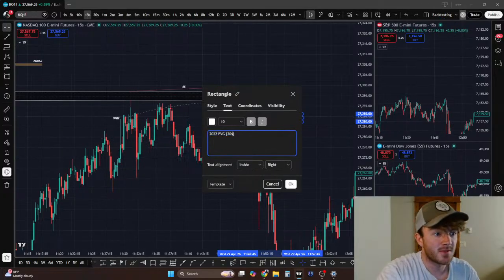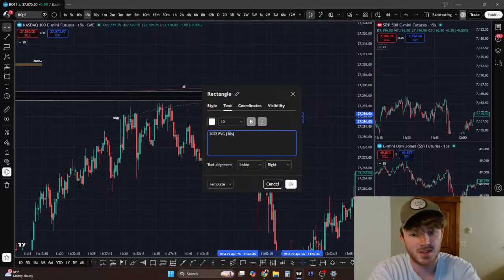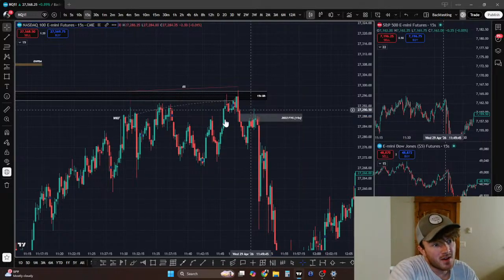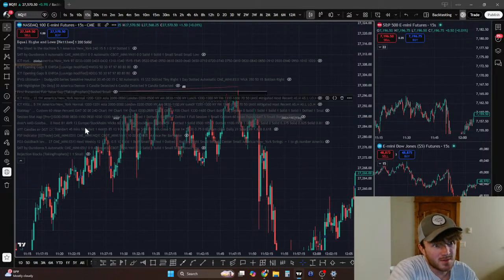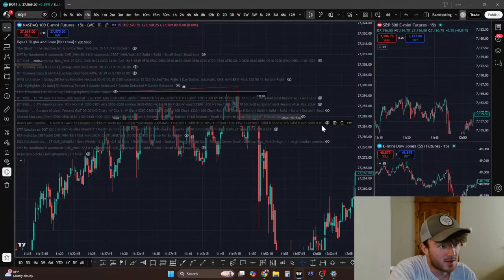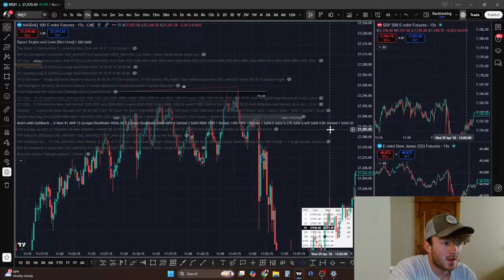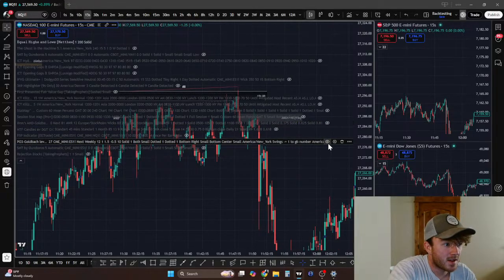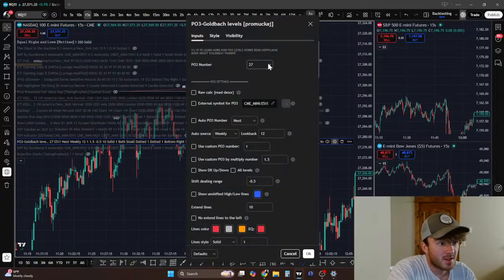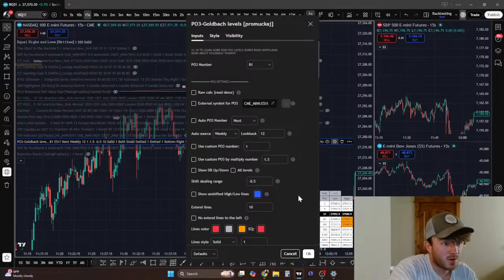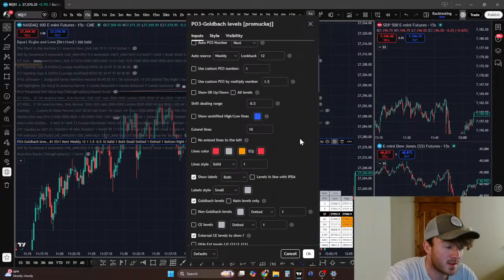I'm almost curious if it was aligned with Goldbach, because this is the type of one that honestly feels like surely it must have been, because it's just so clear. And I actually like this Goldbach indicator better, because this one lets me shift it by quarters, which is really nice.